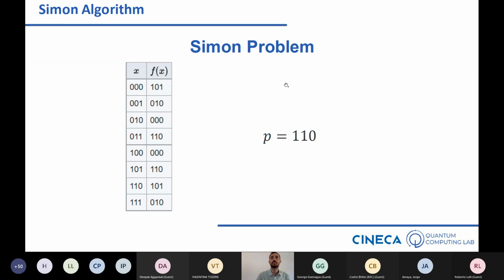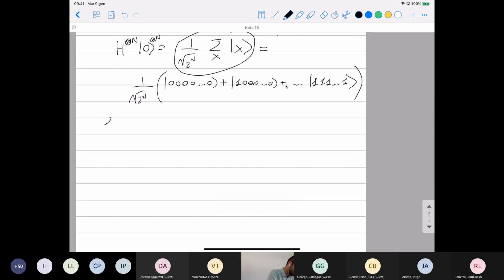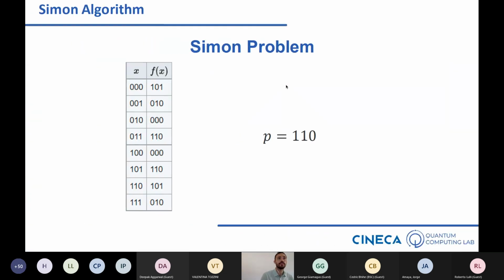So let me write on the other. We have f of 0, 1, 0 is equal to 0, 0, 0, and f of 1, 0, 0 is equal to 0, 0, 0. So we're looking for the p such that